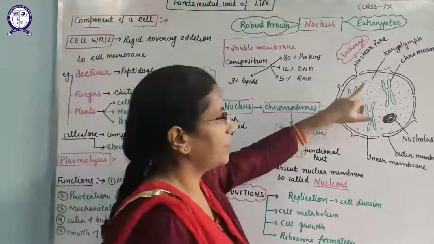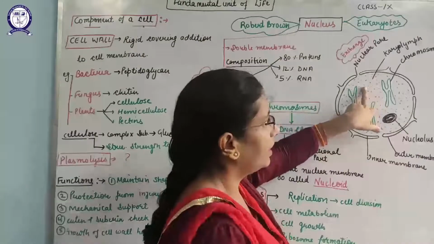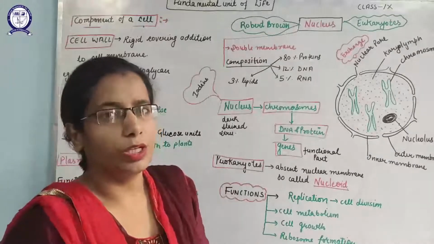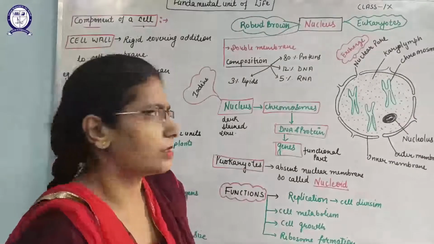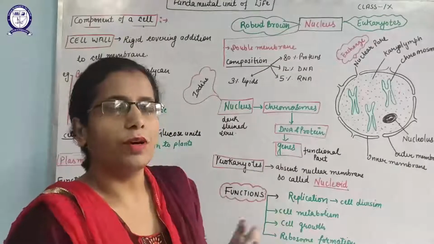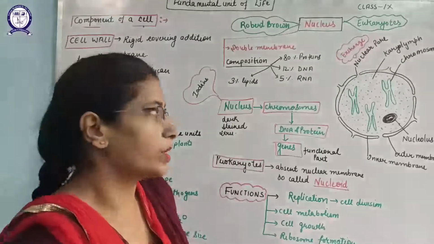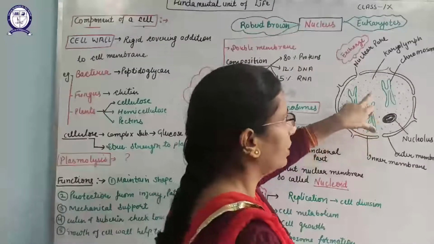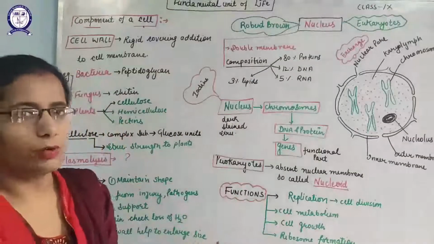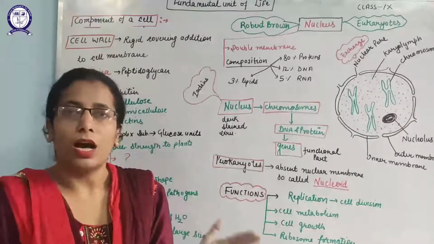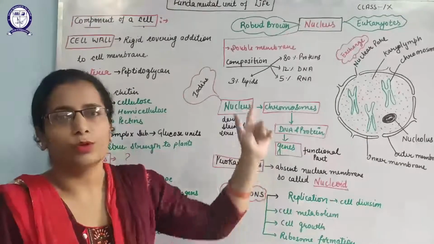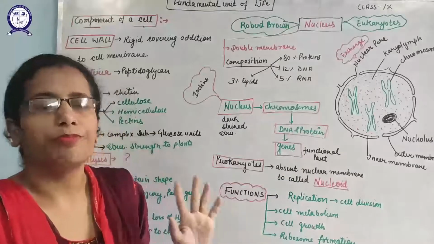Then inside the nucleus, DNA will make the RNA also. What is RNA? RNA is ribonucleic acid, that is the genetic material of some viruses and the plants. So the process of making DNA from DNA is replication. The process of making RNA from the DNA is known as transcription. So that RNA will form inside here only, and then it will pass through the nuclear pore outside the nucleus. Then why is it going outside? RNA is going outside because RNA will make the proteins, and protein synthesis only takes place in the ribosomes, and those ribosomes are lying in the cytoplasm over the ER.